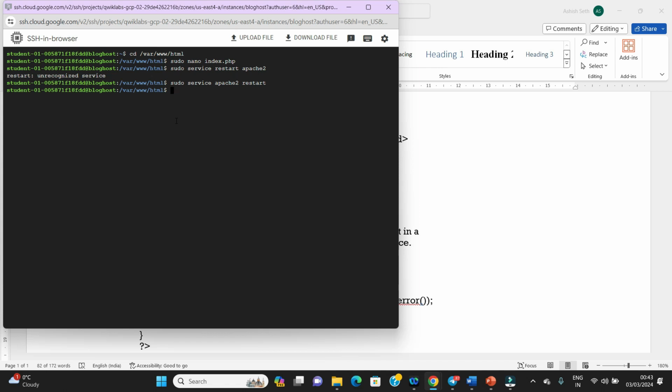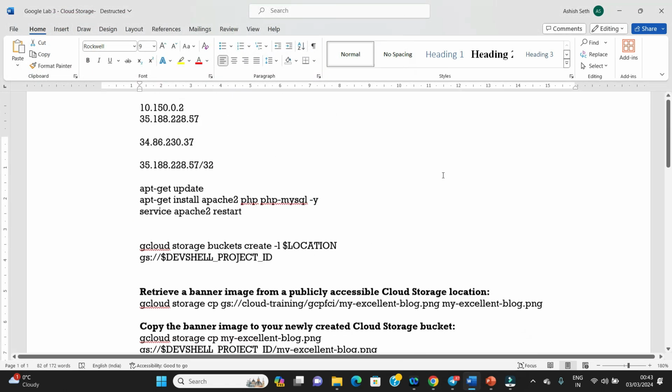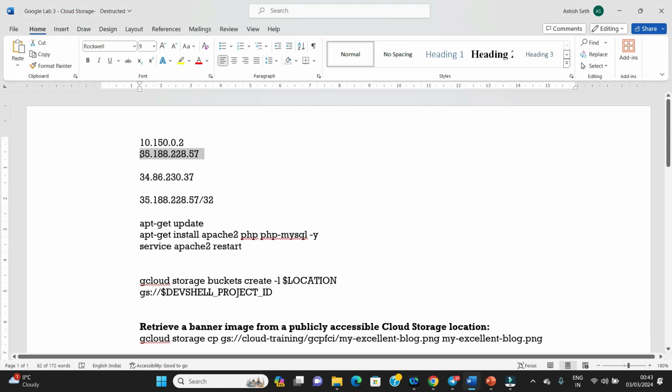Now what we can do is go to the browser, and from the browser we'll try to access it. We have this, our public IP.